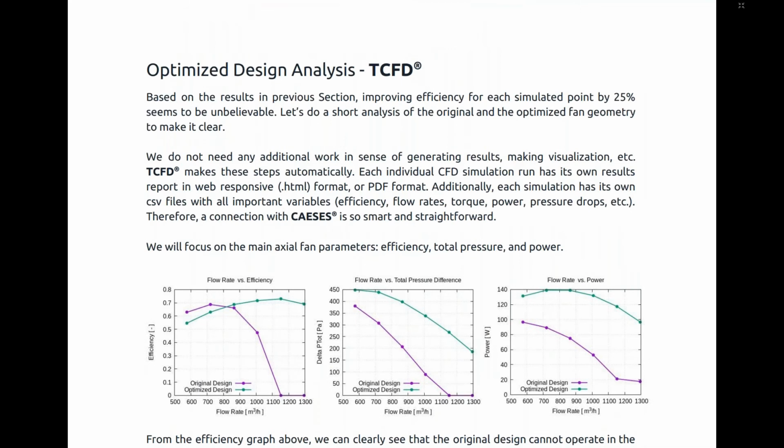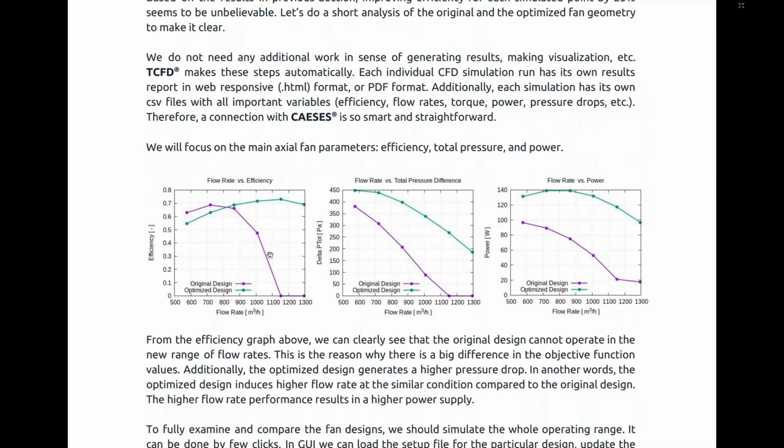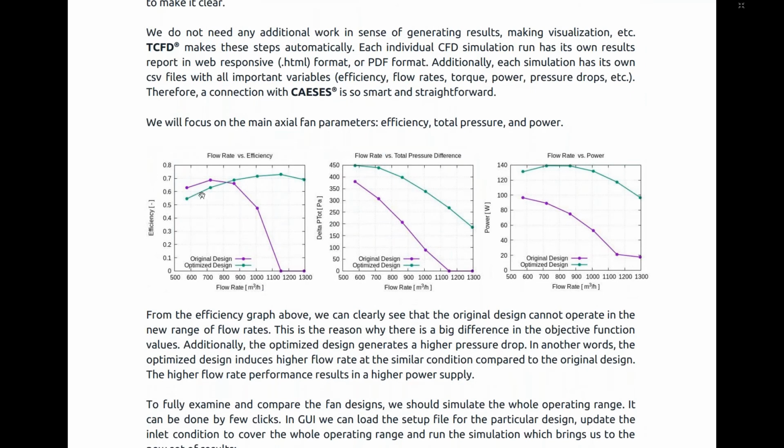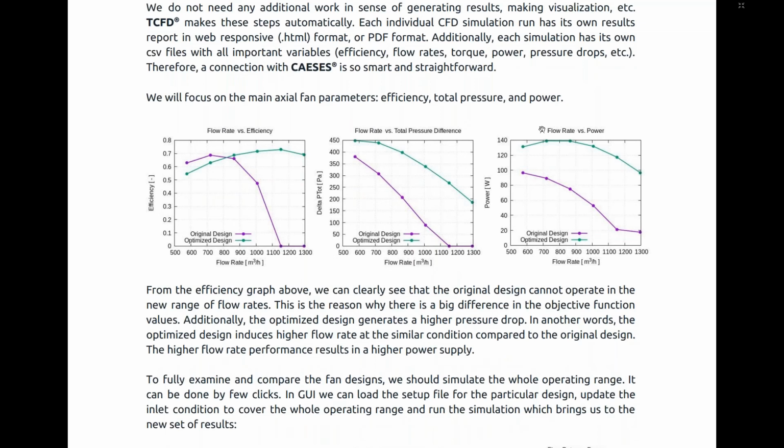It is quite surprising. But when we see the comparison graphs, which come from TCFD, we can see that the new range of flow rates in which we would like to optimize is out of the working range of the original design. Therefore there is such a big difference, and our new design has a quite nice, flat efficiency graph. Our total pressure difference is rising, so at the same total pressure difference condition there are much higher flow rates for the new design, but the price is of course a higher power supply